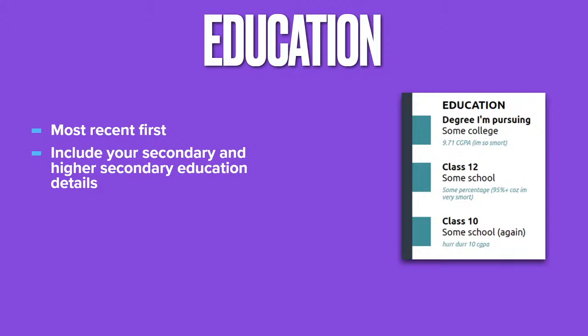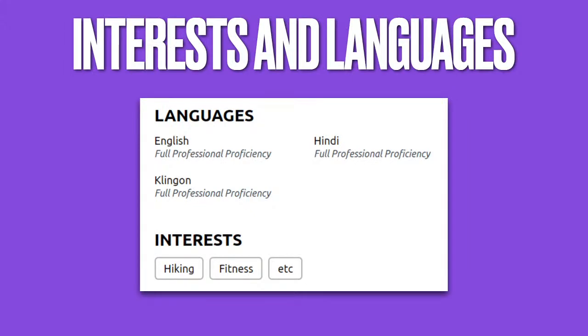And after that, you'll have your education details. Your header and about will come at the top of your resume. That will be the first thing that the recruiter will see. Right after that, you'll have your education. Since you're just exiting college, you want to keep this right after that. That's what the recruiters will be looking for. You list this in reverse chronological order. So you start with your most recent achievement or degree which you're pursuing, followed by the second most recent, and so on. And then you have your interests and languages. Just list them out. Try to make sure these don't take that much space, but at the same time, make sure it's not empty also.